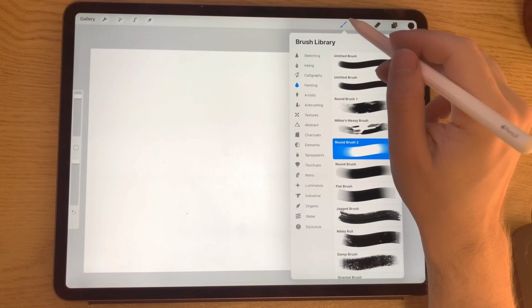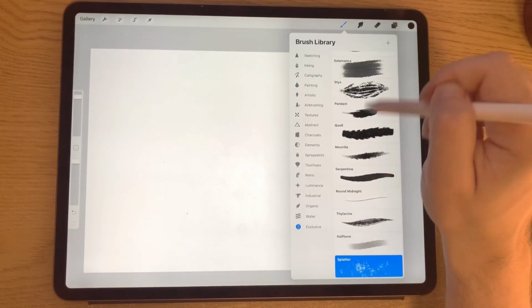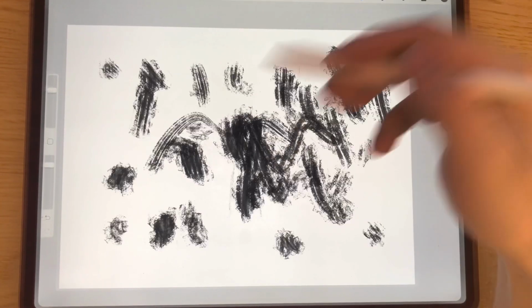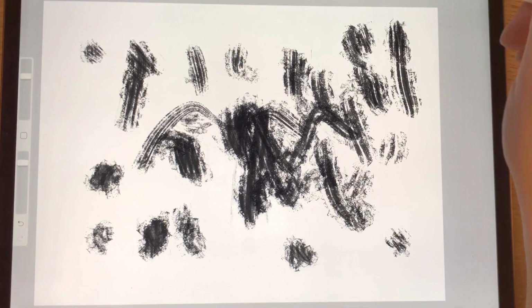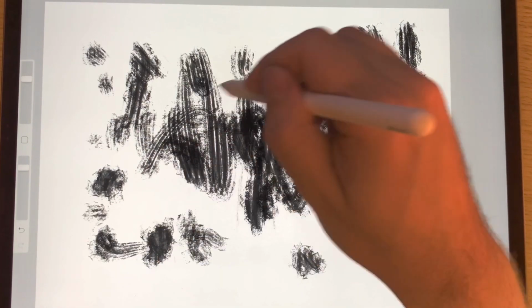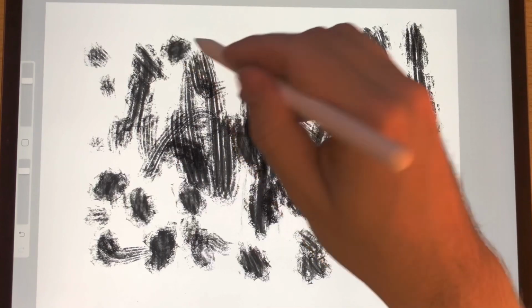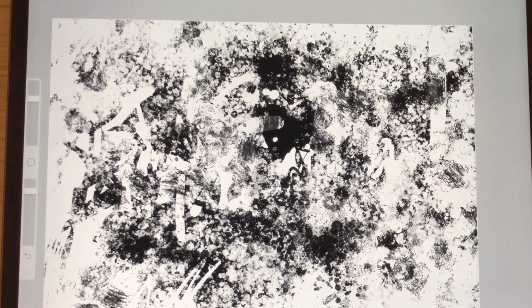This can be any brush, but in Procreate 5 I recommend using the exclusive category because they have a lot of very textured brushes in here. The point of this is not to make a painting, just a texture that looks very interesting to your own eyes. Try to make patterns that don't repeat easily, so that if they are repeating, they can be identified as the same shape. I'm pretty happy with the way that this is looking, and we are going to use this as the grain